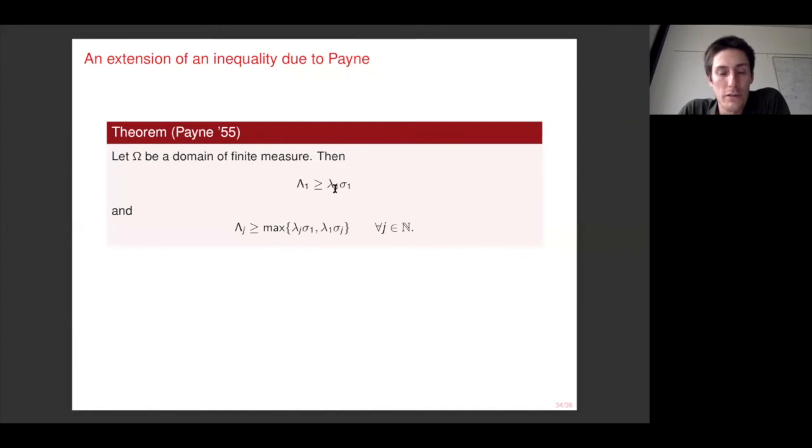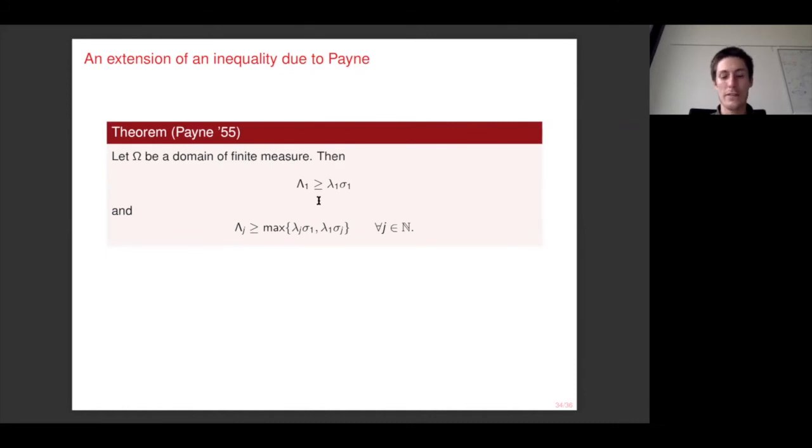It is possible to prove this relation by the variational principle for all these eigenvalues. And again, by using the variational principle, it is possible to extend this inequality in this way for all j. However, one can maybe ask if this inequality here holds also for other eigenvalues than the first. It's somehow natural to ask this type of question, since it holds for the first, when one wants to see whether it could be true also for other eigenvalues.